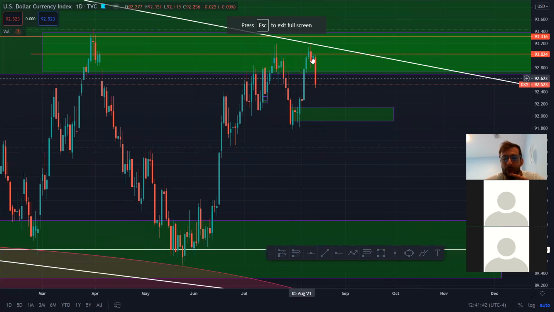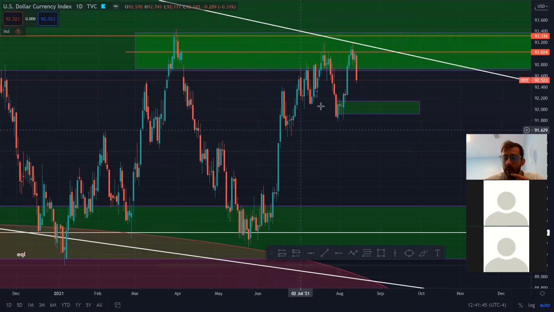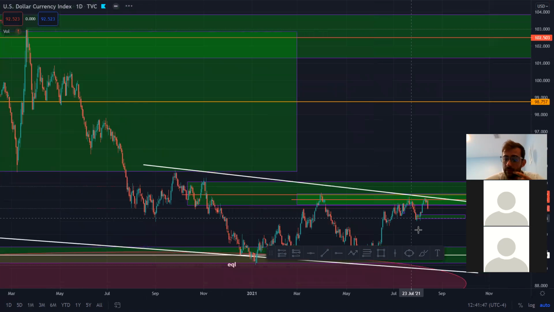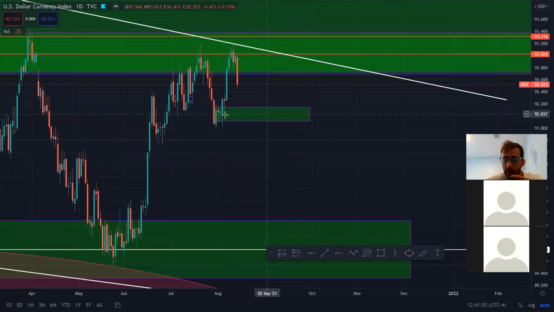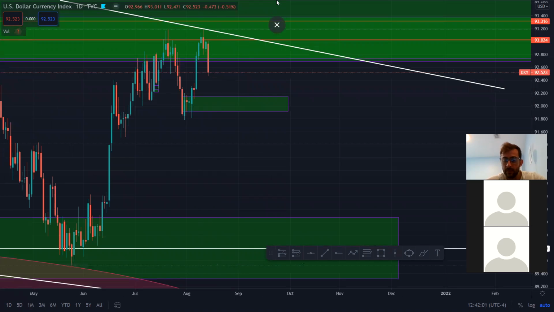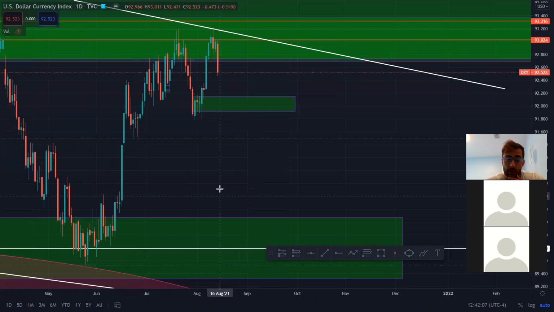I don't know. I would really love to see this level hold. I don't want to see it happen, but if that happens, then we're going to be very bearish. If we see that 90 area get attacked real quick, which is definitely what it seems to be doing, those buys look like they're going to be sells. This might just be a lower high, and then it could bounce back up. I don't know what can happen here, but I do know that there's